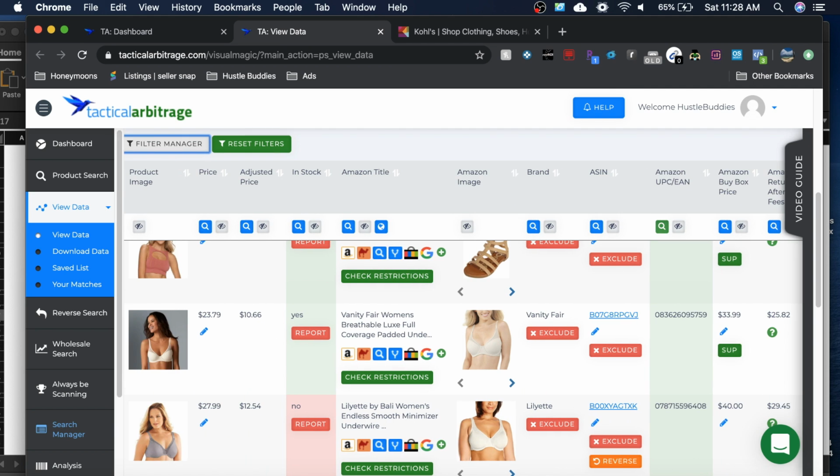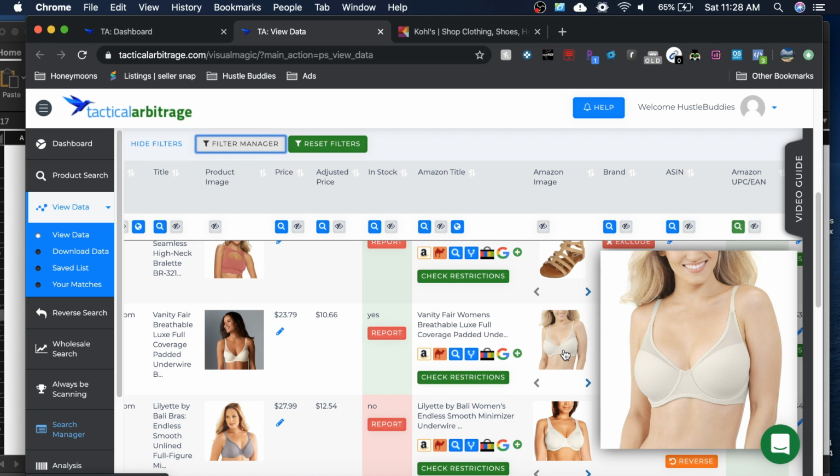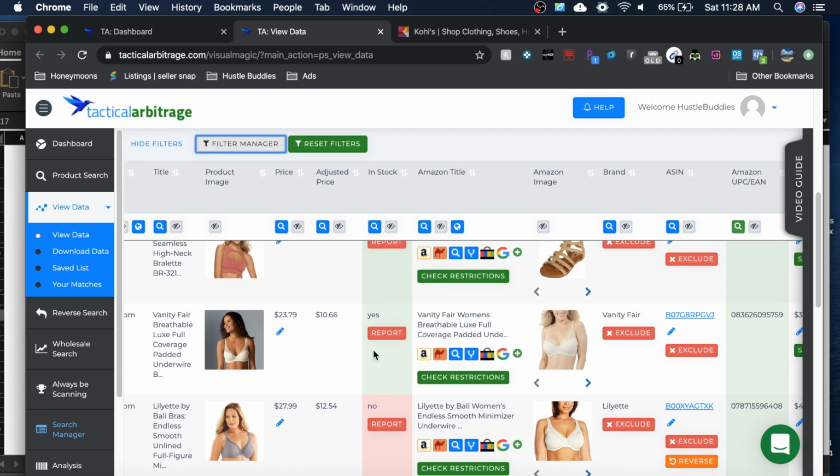But I do want to add that these are Vanity Fair bras, and I actually recognize this style. We sent in a ton of these, and a lot of them tanked. So I know from experience that while this one specific size, this 36B, whatever color this is, tan or white or whatever, that one specific size might be good. Most of the other sizes are all $19.99. While I could sell that 36B for $34 or